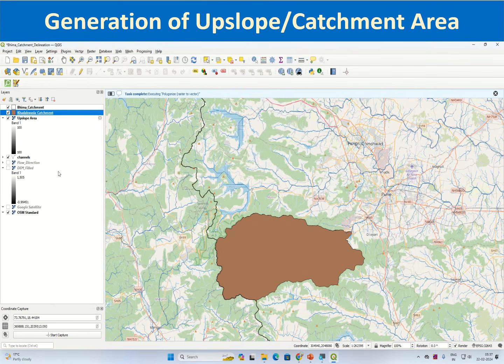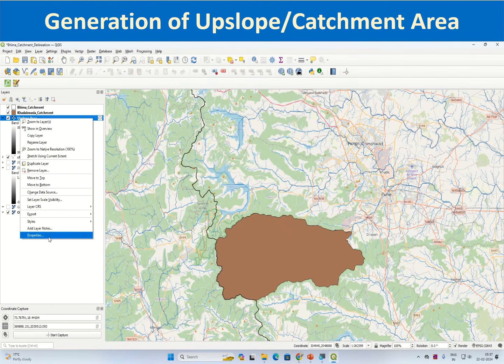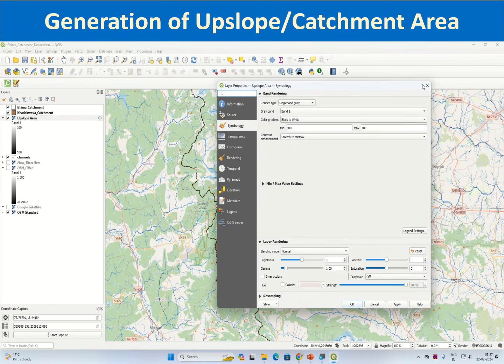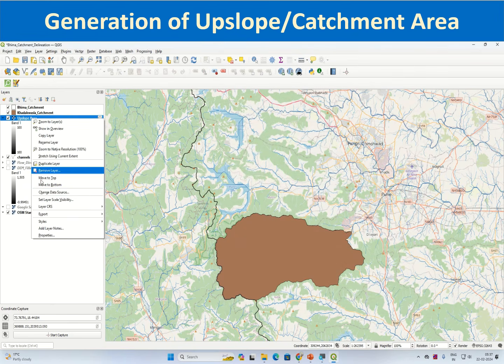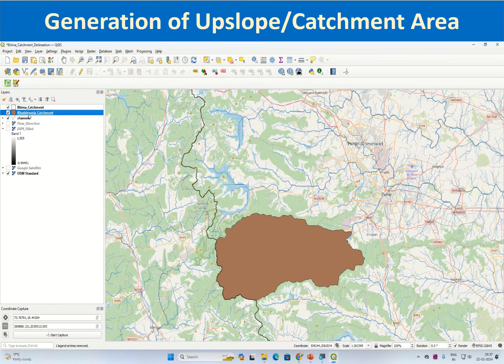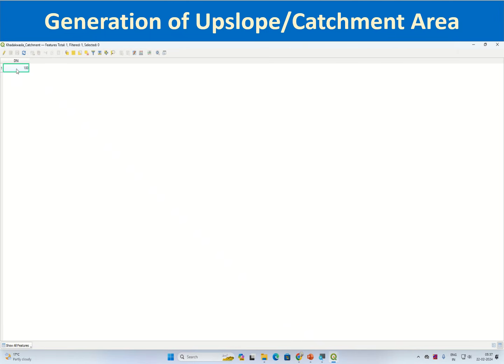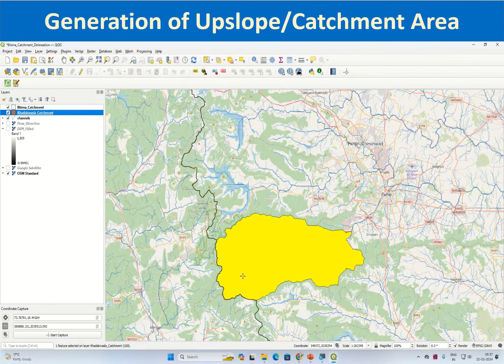Then once it is done, again you can go back. You can remove this upslope area raster temporary raster layer. You check the Kadakwasla catchment's attribute table. There is only one record, and if you select this record, you should be able to see in the map canvas area the catchment has been selected. Now let us calculate its area